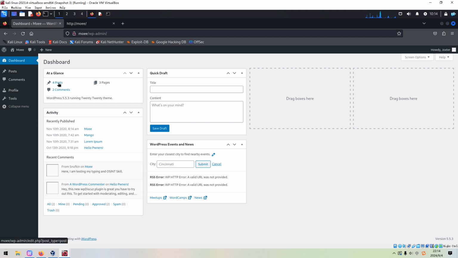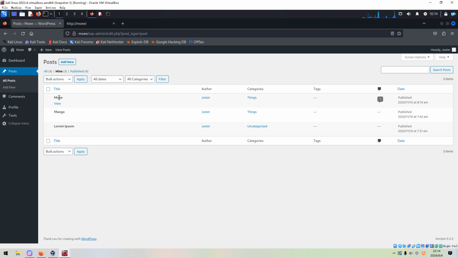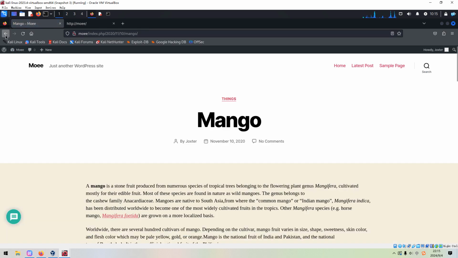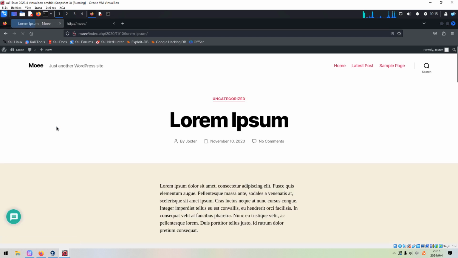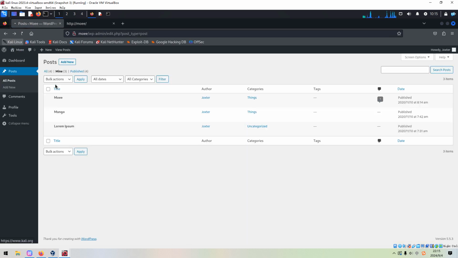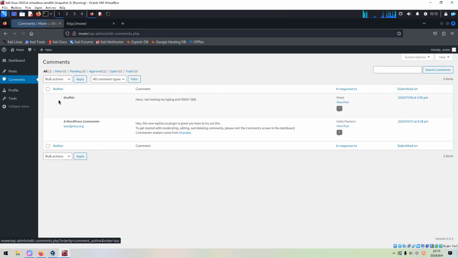So for posts, we need to check. Nothing there. Also nothing there. And also some posts. 2 posts. So here I'm testing my typing and open source intelligence skill.